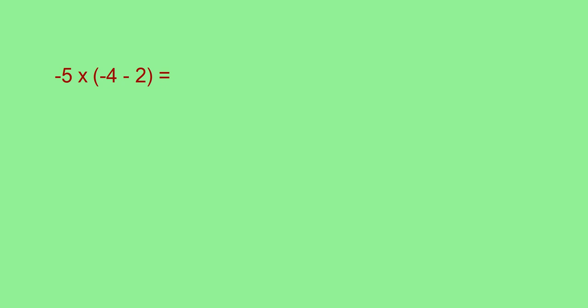One more question for you. Find negative 5 into (negative 4 minus 2). Find it out. You will get negative 4 minus 2 means negative 4 plus negative 2. Change the sign and add it. So you get negative 5 into negative 6. Both are negative, so the sign is positive, and the answer is 30.